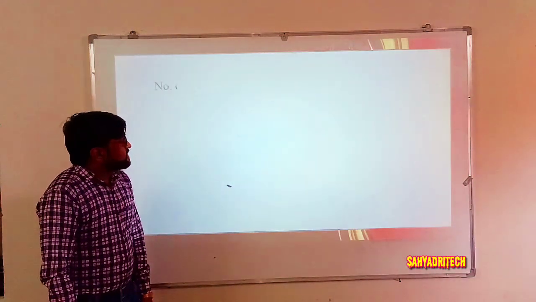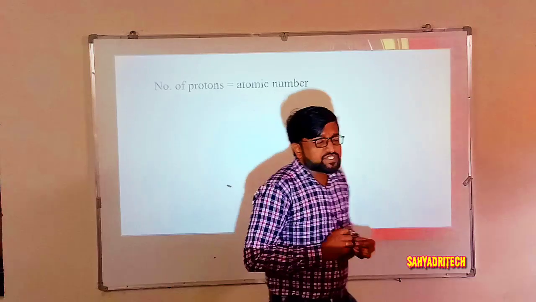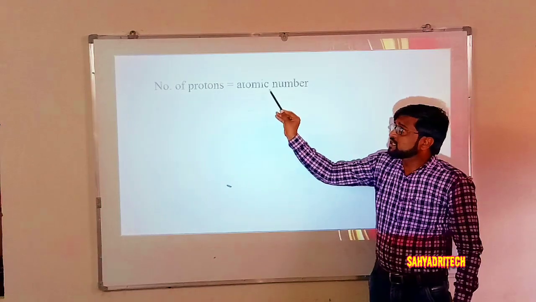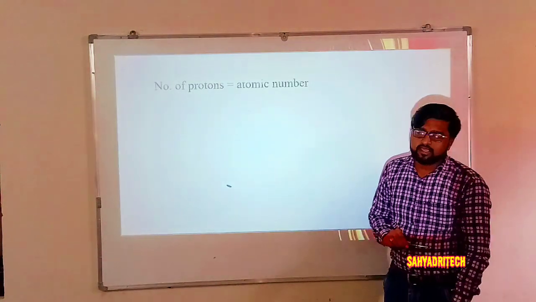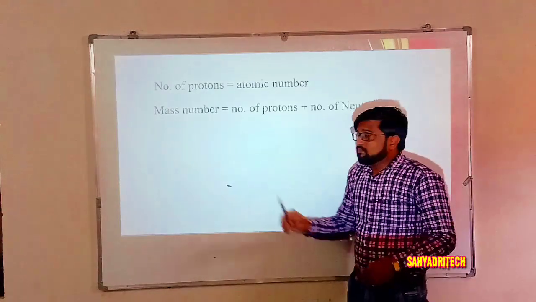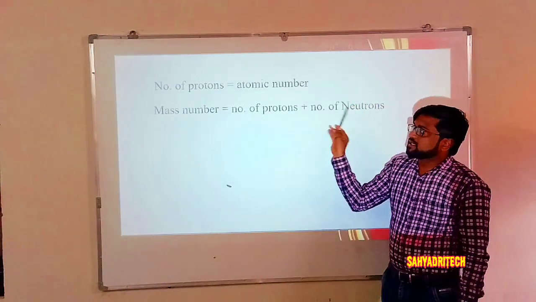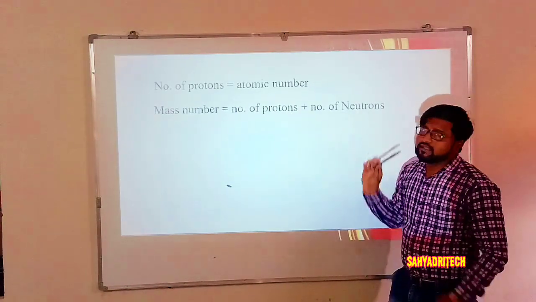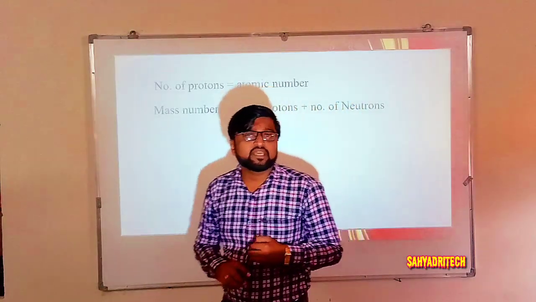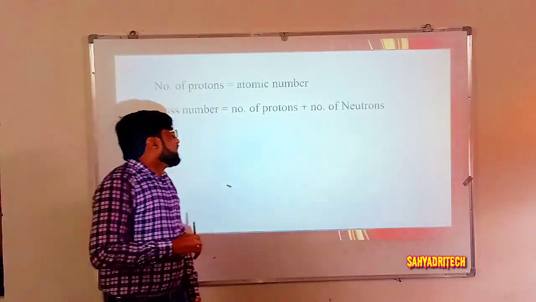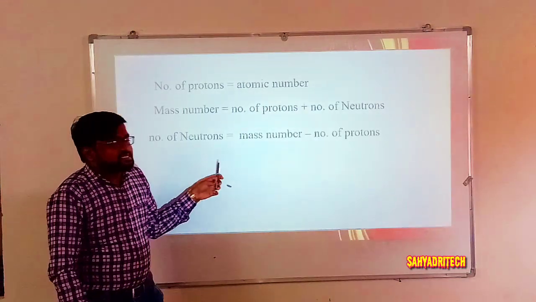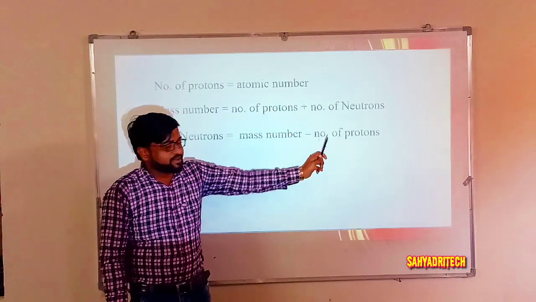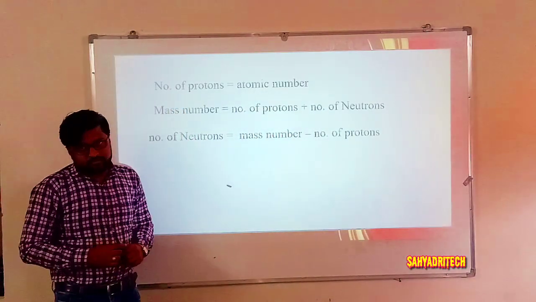Well, further, regarding the number of protons, the quantity which indicates the number of protons is the atomic number of an element. And what about mass number? Mass number is the sum of protons and neutrons, which means the mass number indicates the total number of protons and neutrons, in other words, nucleons. Then how do we get the number of neutrons? As I said, mass number minus atomic number, A minus Z. So it gives the number of neutrons.